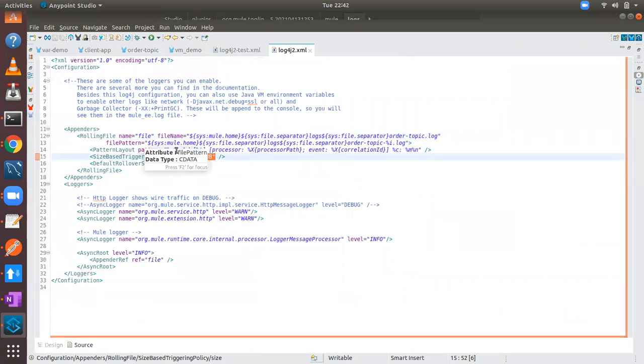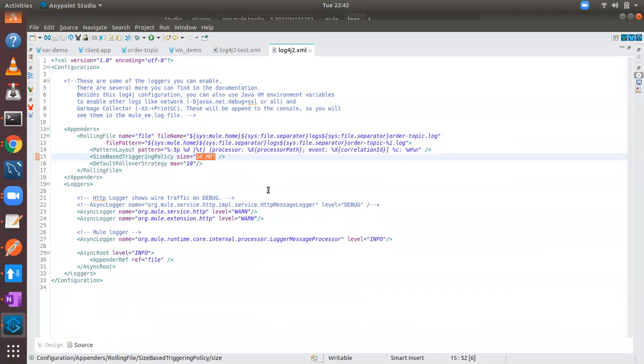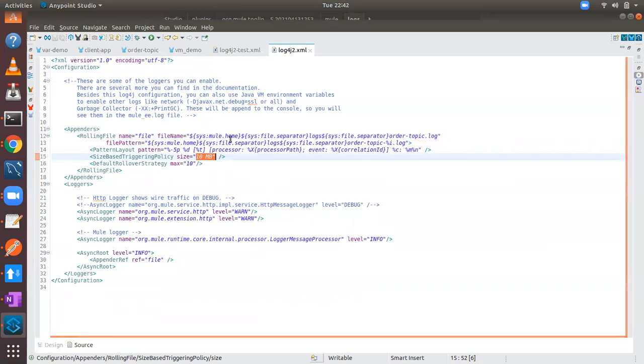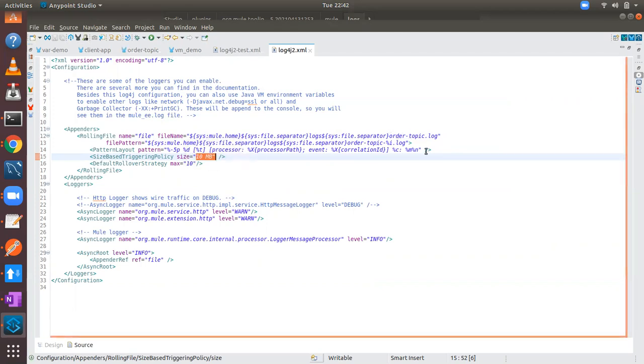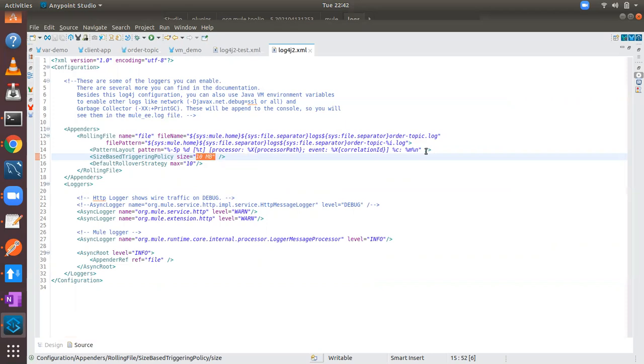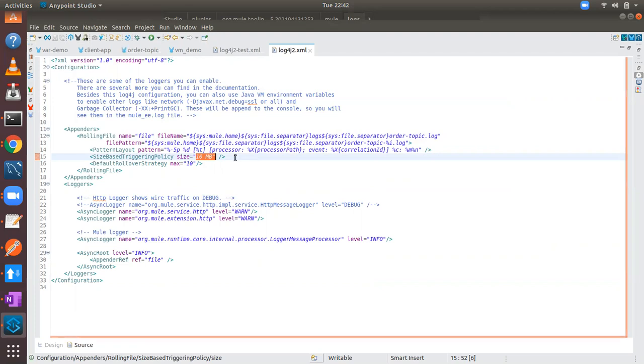And the file location is this one. The file name looks like this: mule home slash log. Mule home means your server home. So this is where the file got created.